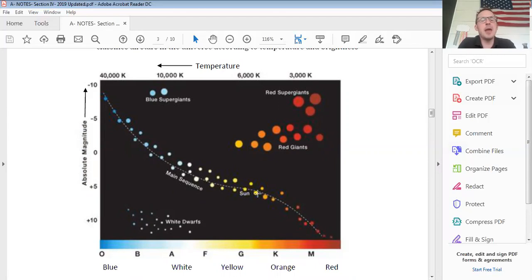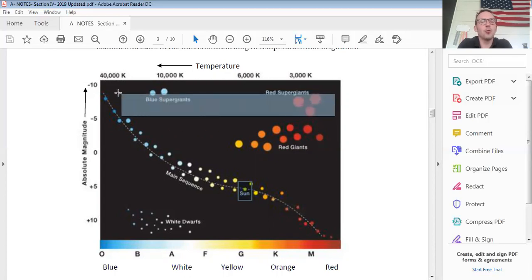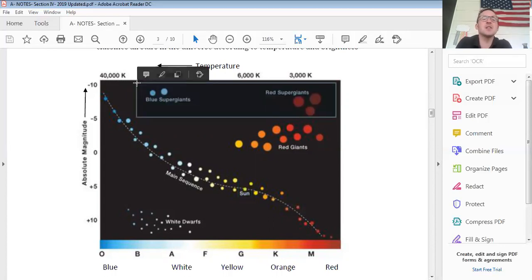We have the main sequence, which is the biggest star family in space. And notice our sun is a part of it. Once again, everybody, note that our sun is about average. It's not going to be too hot, not going to be too cool, not going to be too bright, not going to be too dim. It's about average. Across the top, we have the real whoppers of stars, the massive supergiants. Notice the blue ones are going to be very hot and very bright. The red supergiants, though, are going to be very cool and bright because they're in the upper right.